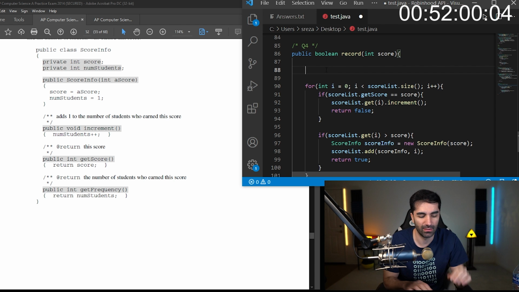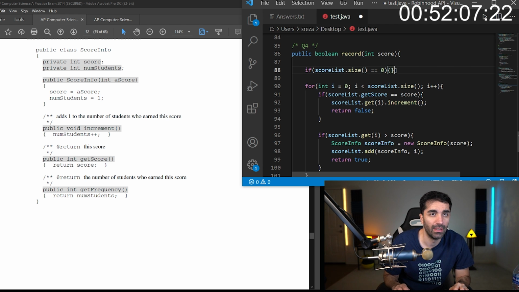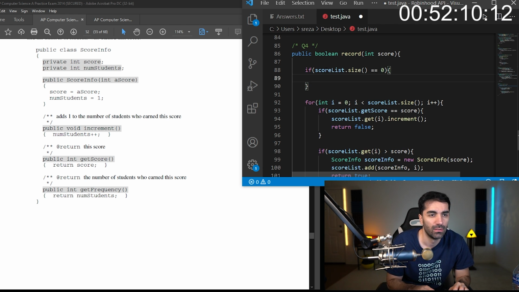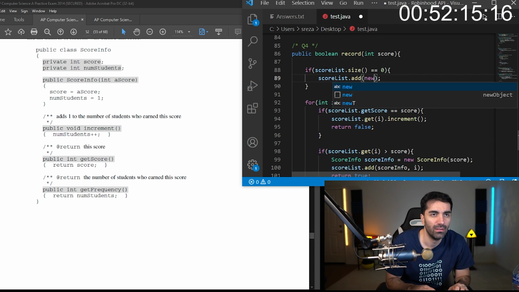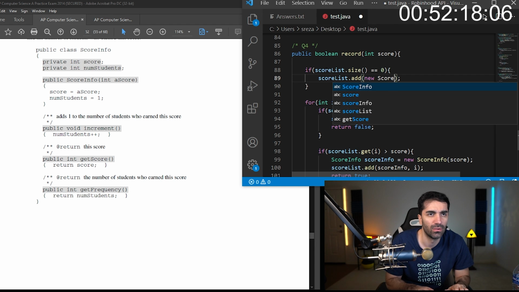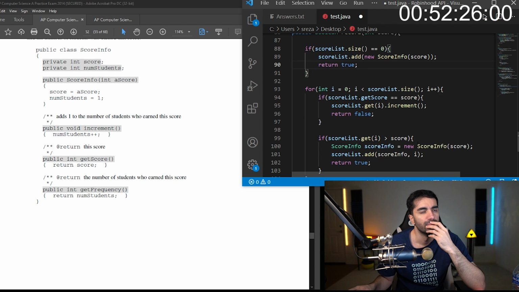So maybe we want to have a special case here where if score list dot size equals 0, then we just want to score list dot add new score info score and then return true. Otherwise, if we have one record in there, then this should work.